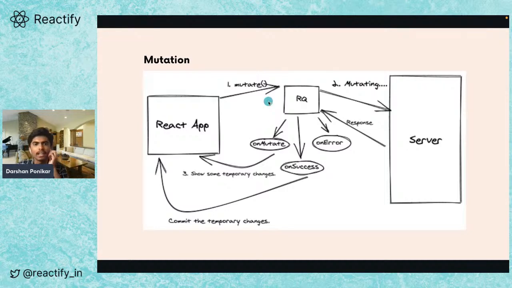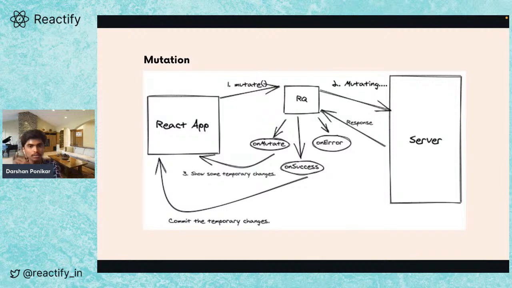So what React Query does is that it provides you a mutation which has listeners like on mutate, on success, and on error. So this callback will be called in a particular event. Let's suppose you just invoke a mutate. This callback will be invoked on mutate, so you can show some temporary message, something like, hey, hold on, we are just fetching your data, or hold on, we are just sending your request to